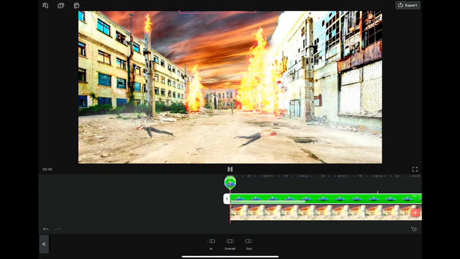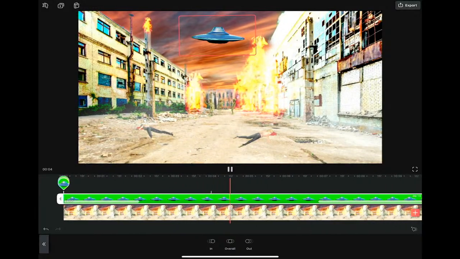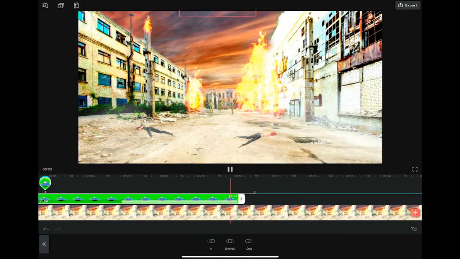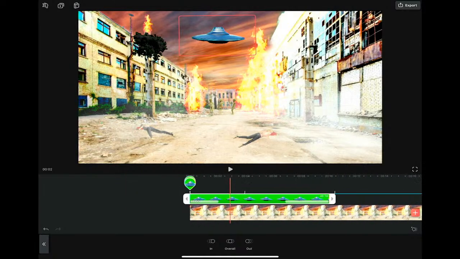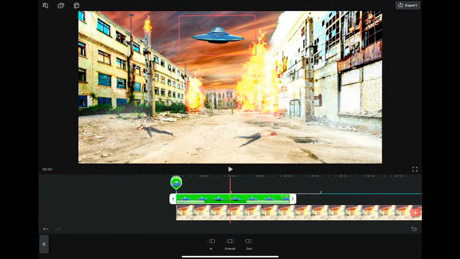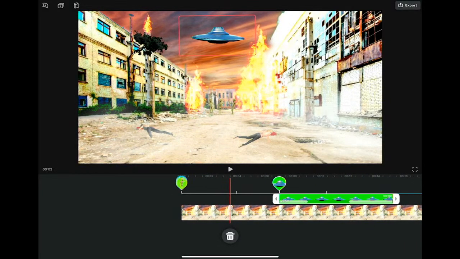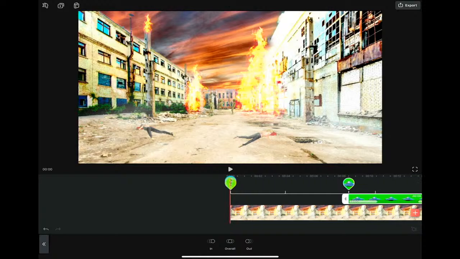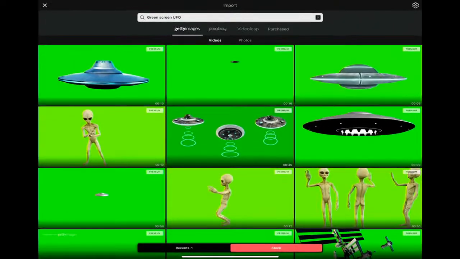Let's have a look at that in motion. Cool. So, you know, that's pretty basic stuff. We'll shrink that down and we'll actually make that a bit shorter, and we'll drag the whole thing over here so it happens a bit later in the scene, because we want a bit of a cool story. What else can we do? What else can we have a look for? Let's look for